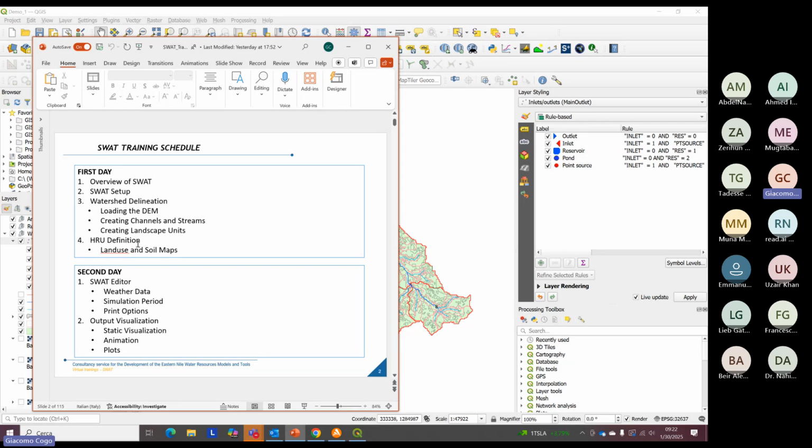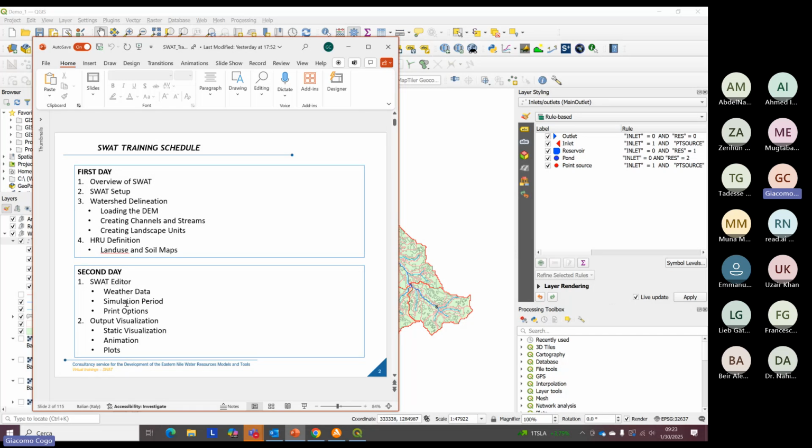And then we saw the hydrological response unit definition that takes into account also the land use and soil maps given to the program. Today we will finish the hydrological response unit definition, and we will see in detail what it is in the SWAT editor,